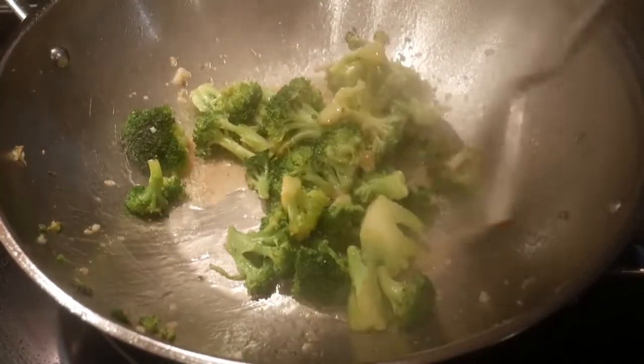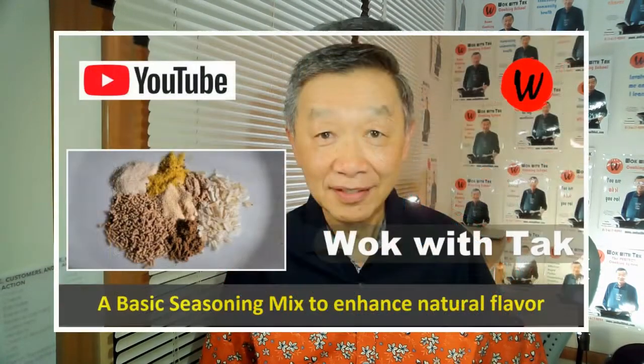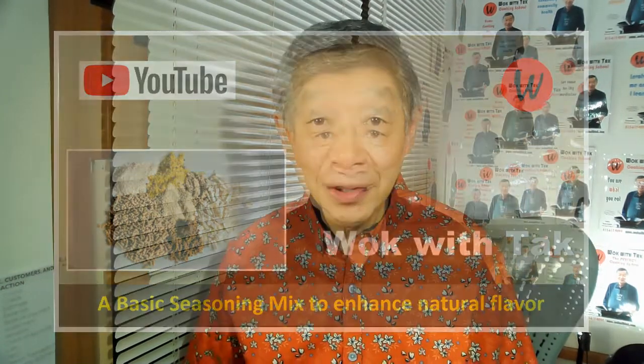My son loved the way I cook this broccoli. Now this broccoli has no sauce. The only things that I use to cook this broccoli are garlic and some seasoning, which I put together as my basic seasoning mix. Again, if you want to learn more about the individual components in this seasoning mix, you can take a look at this video. So in this dish, I first stir fry the broccoli in oil,